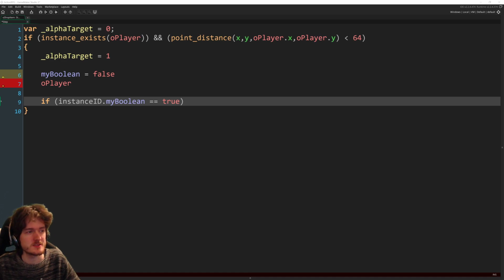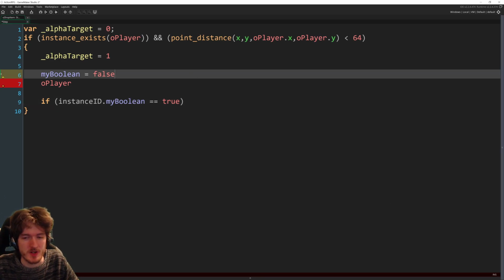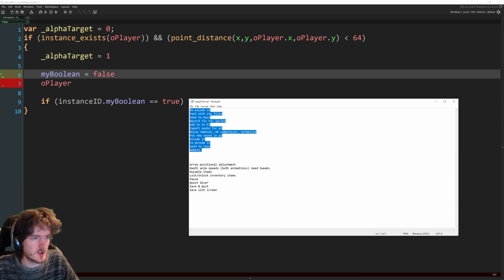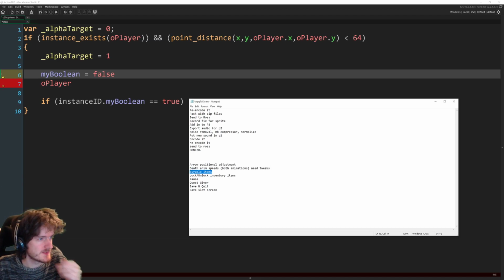What am I working on this session? We're trying to finish off the ARPG. We've got a handful of things left to do. Ignore this stuff at the top, that's to do with my stuff for Yo-Yo. We've got this stuff. I need to change some position things with where the arrows and death animations work. Just little tweaks and positions and stuff. We're going to get these Bible items, that's what I've got up here, the things that you can buy from the shop. We need to make it so